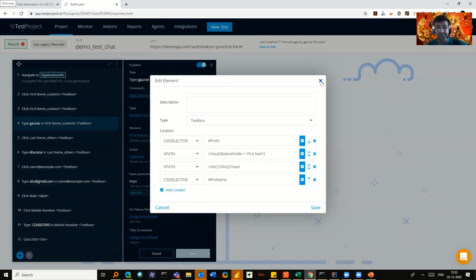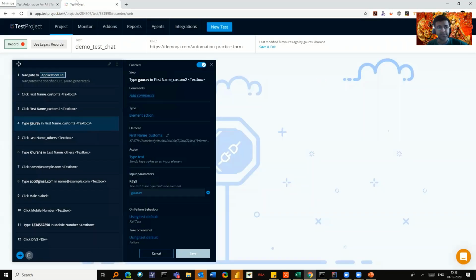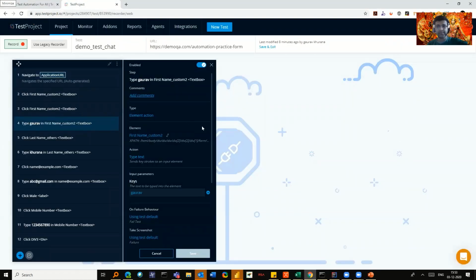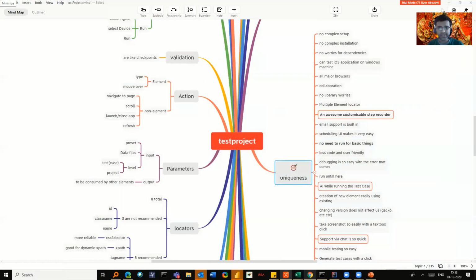So the test that I showed you, I can challenge people that for filling up that many forms, you have to find all the XPaths and then write code. It will take a lot of time and you need a technical user to do that. They should have the knowledge of it. But with TestProject, you can do it very easily.